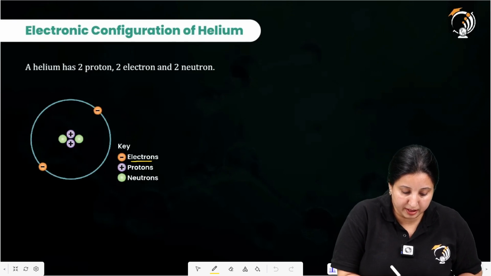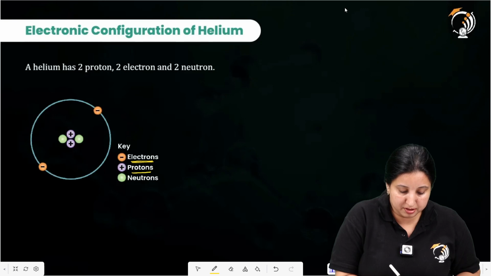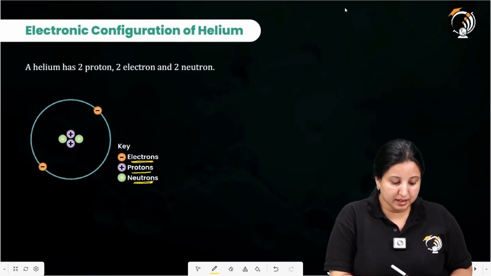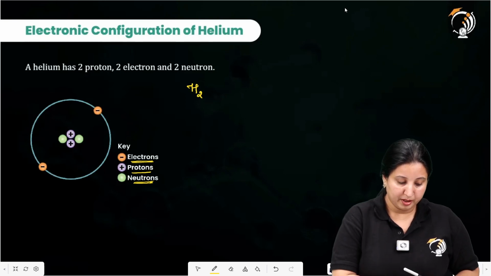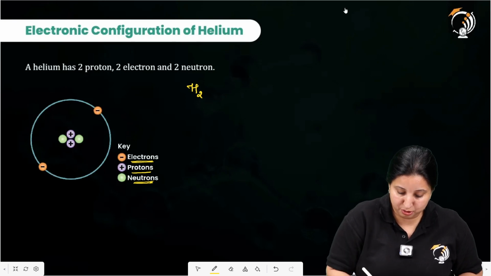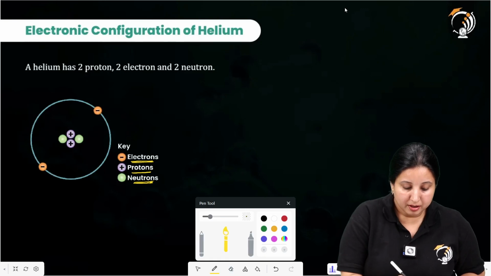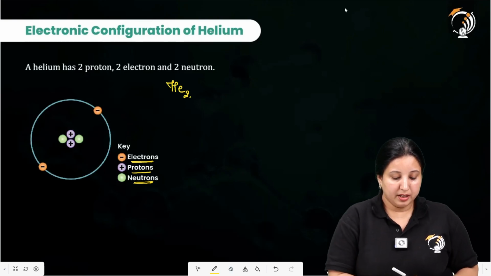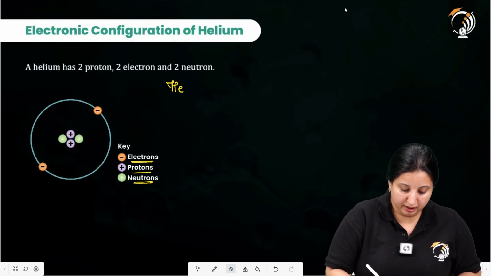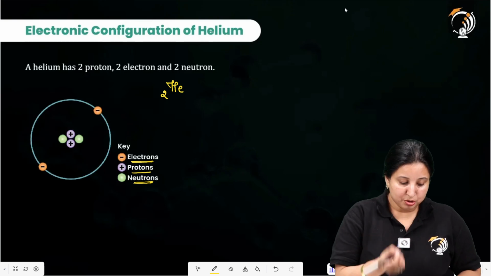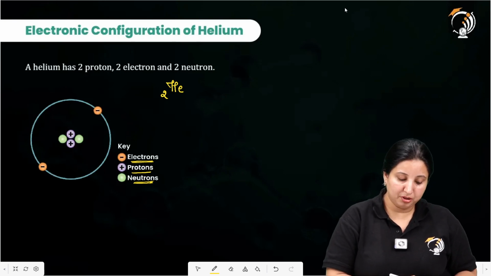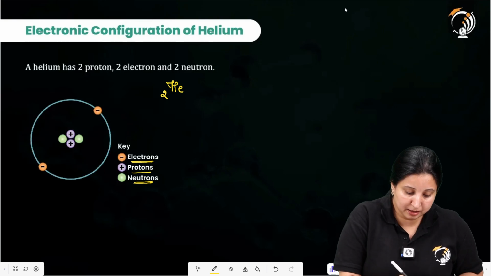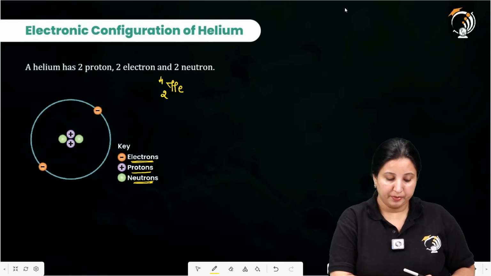This negative represents the electrons, positive protons, and neutral is neutrons. So basically, if you look at helium, its atomic number is 2. So 2 electrons over here. Sorry, I have made the hydrogen only. Helium, its atomic number is 2, so I can represent it like this. So basically what is happening? 2 electrons we have shown, 2 protons we have shown, and 2 neutrons. So I can say the mass number of helium is going to be 4.